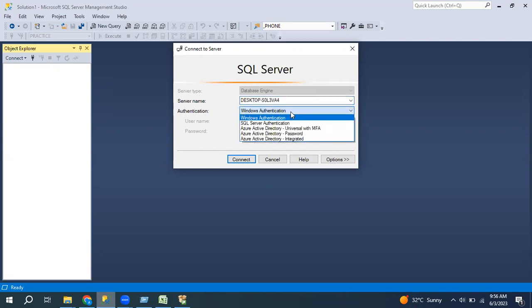Here we have authentication modes: Windows authentication, SQL Server, Azure. But as of now, we are not working on Azure, right? So we need to use these two. Windows means our local. SQL Server authentication means, in production, in real-time company data, there is no need to give access to everyone, right? So they give one username and password. Whenever we give the username and password, then only we can access the server. But as of now, we're working locally for our learning purpose, so we can go for Windows authentication. That is for our local development purpose. So I'm clicking connect.